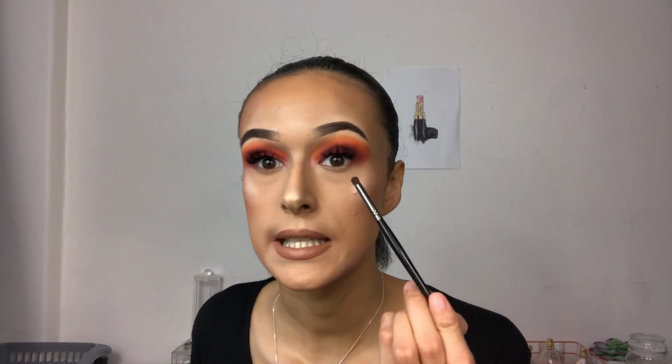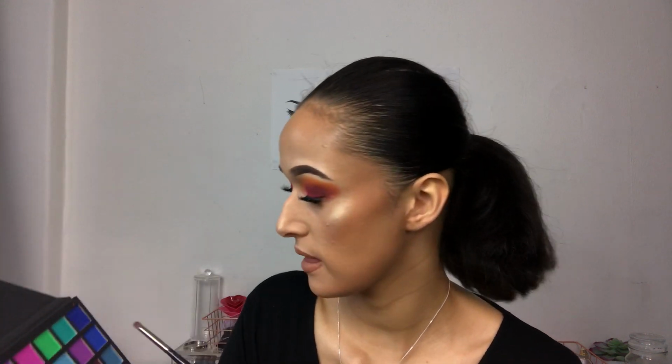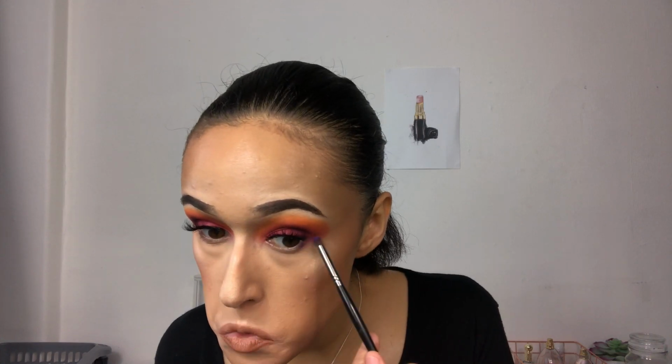So, what brush am I going to use? Okay, I'm going to take this Morphe E36 brush. Now this is a really small and detailed brush, and I can really get underneath the lash line. So I'm going to grab these two shades right here from the palette from Sample Beauty. I'm just going to mix them together as you do anyway. And I'm just going to start to drag that